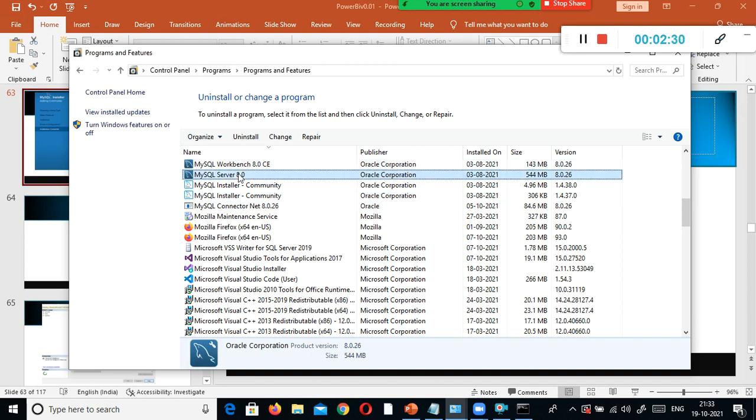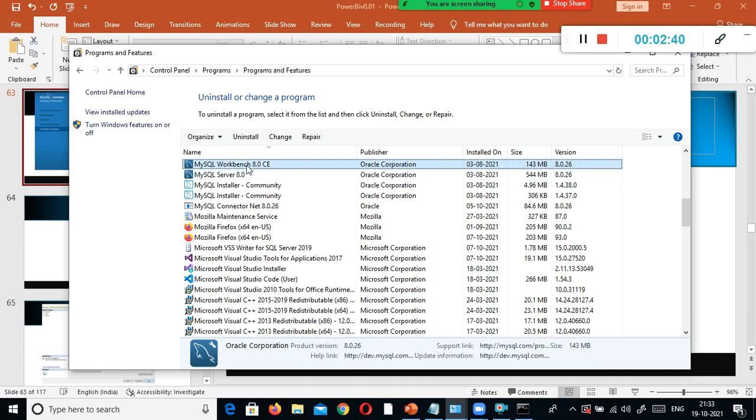Can you see these two things? Can you all please confirm it? Go to control panel and programs, uninstall, right? But don't uninstall it. Just view it. This is just for viewing purpose. Yeah, I can see MySQL Server 8.0, MySQL Shell, and MySQL Workbench 8.0. Very good. How about the others? I think others also.